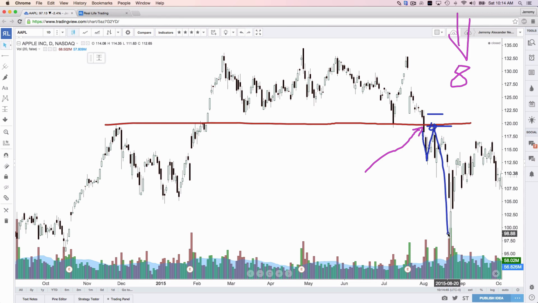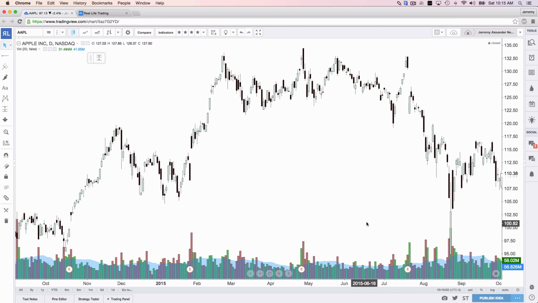Check out the amount of candles. Make sure it's closing below your support or resistance line. And if there's a lot of black candles in a row, you're going to want to take the retest. If there's a lot of bullish candles in a row, you're going to want to take the retest. If there's a nice little gap and some consolidation and some resting, you can take the breakout.